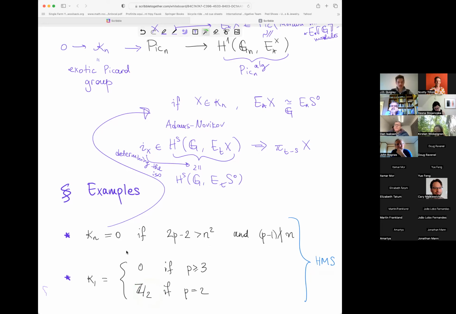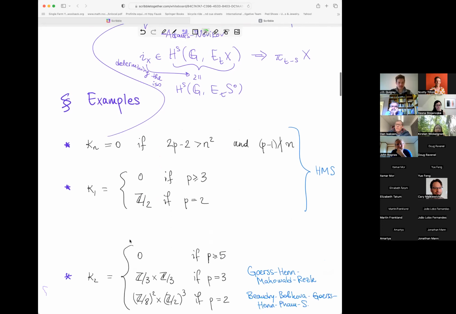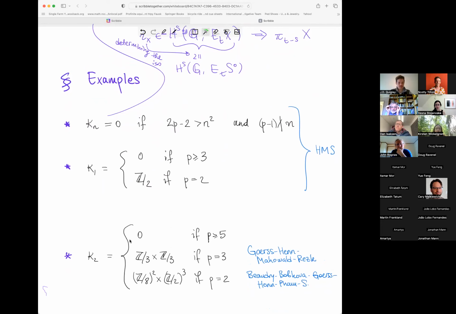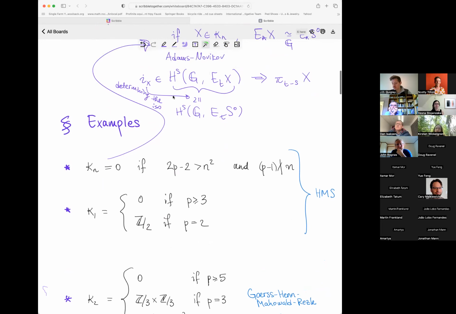So that's right. Okay. So here's how the situation grows from here. One more time, why do you have an iota X? Like, I don't understand why it determines the isomorphism.